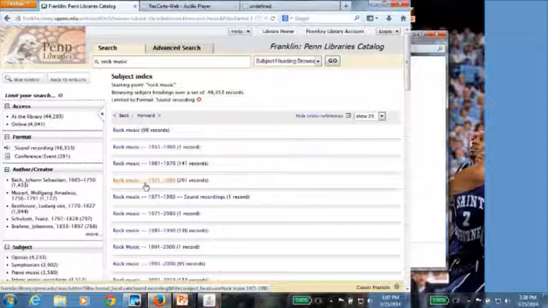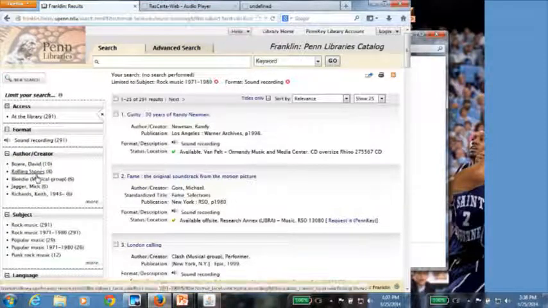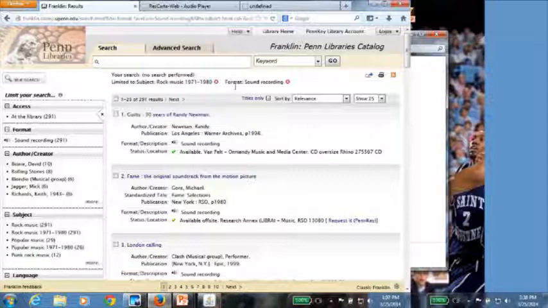So let's narrow this down. Clicking on this heading, by the way, you'll notice up here. Can you all see this? I'm sorry. Well enough? Okay. Is just like selecting that out of the facets on the left-hand side. So we've now restricted our result set, and now let's browse by author.